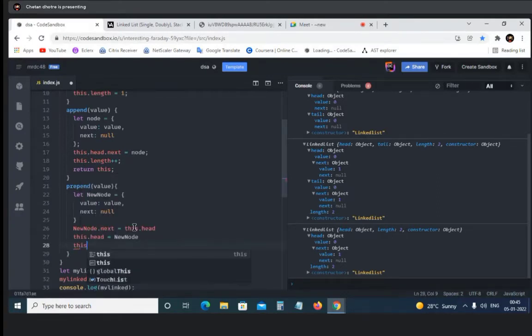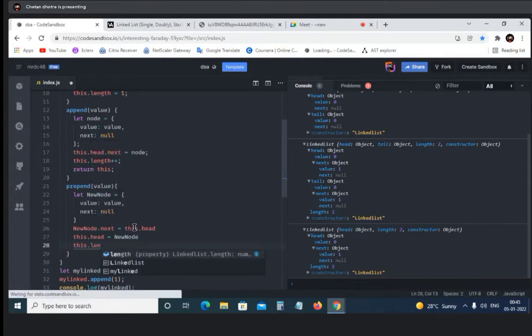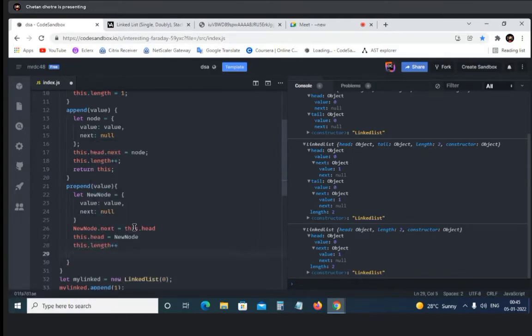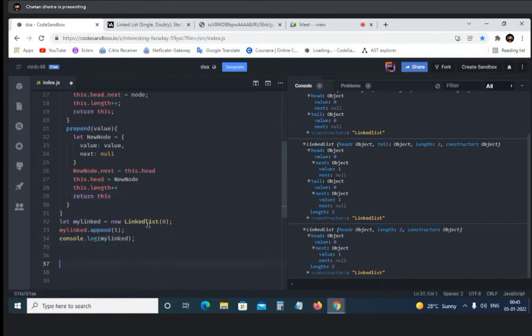And let's implement the length as well so we can track the length. So we will also return with this keyword. We haven't done it here, so let me do this as well.